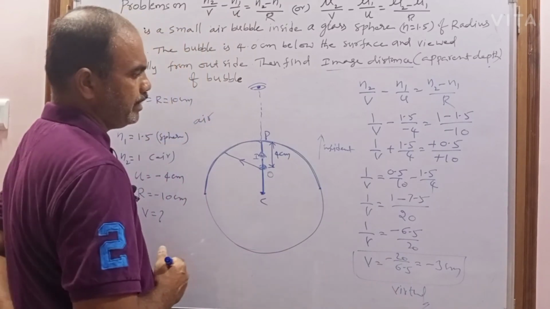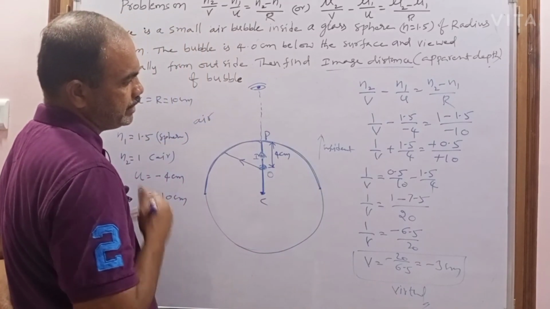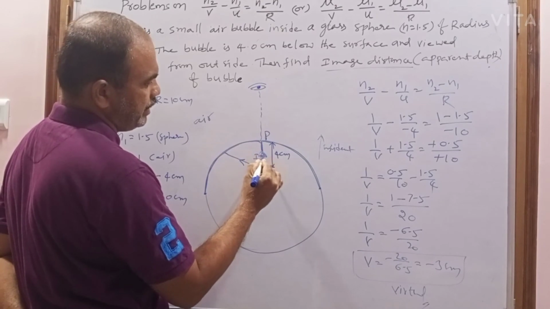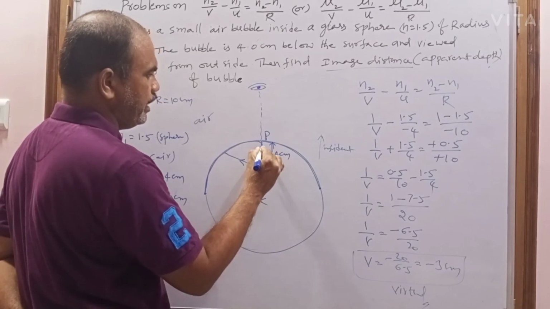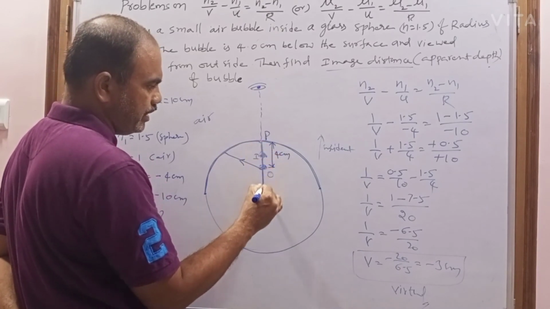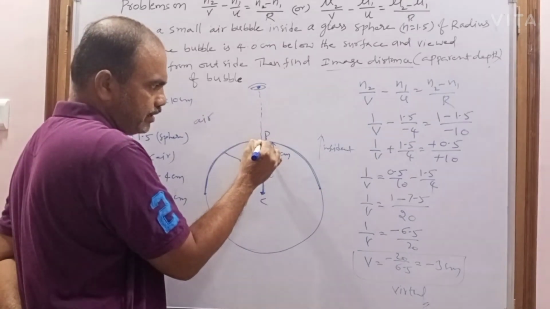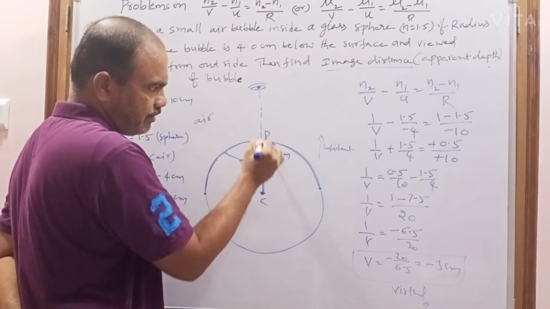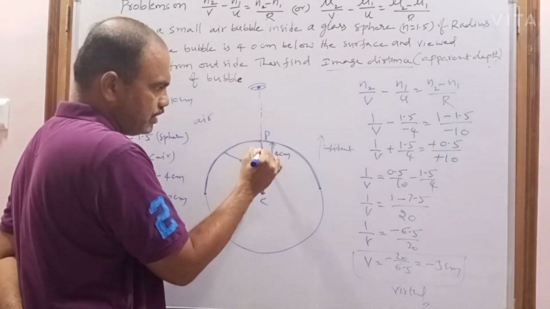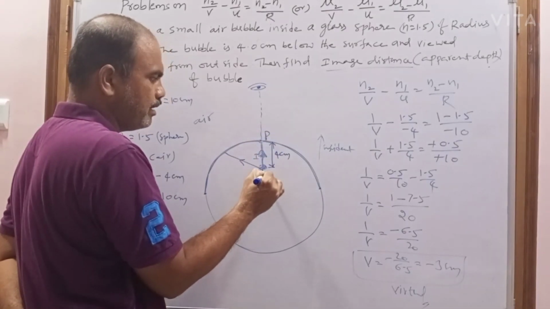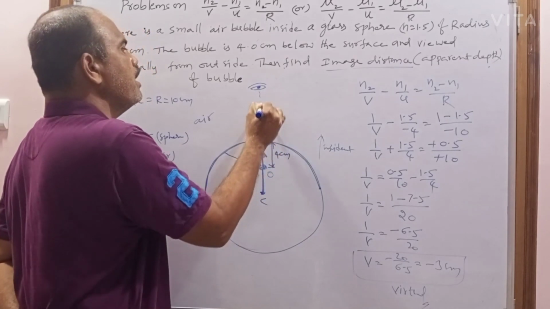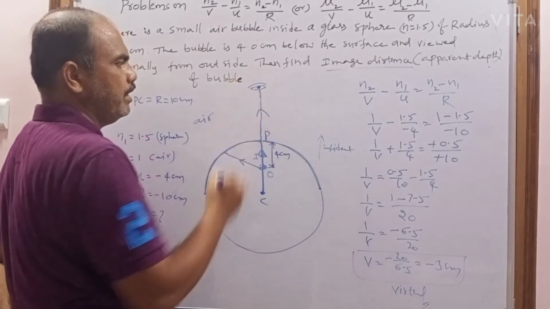I am explaining, so look at it. This is one incident ray and its refracted ray. The line joining the pole and the center of curvature, and the line joining the point of incidence and the center of curvature, is the normal. Now this incident ray is traveling along the direction of the normal, so it continues along the same path and reaches the human eye.